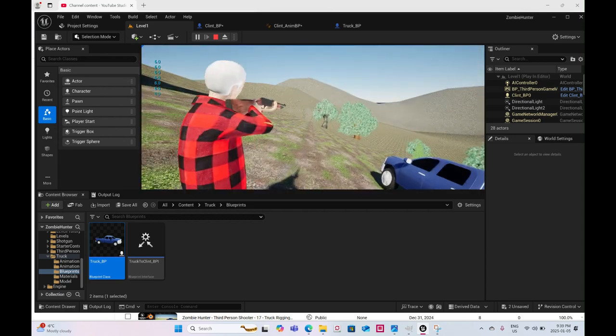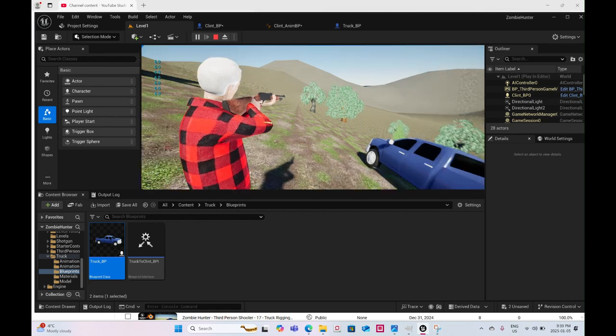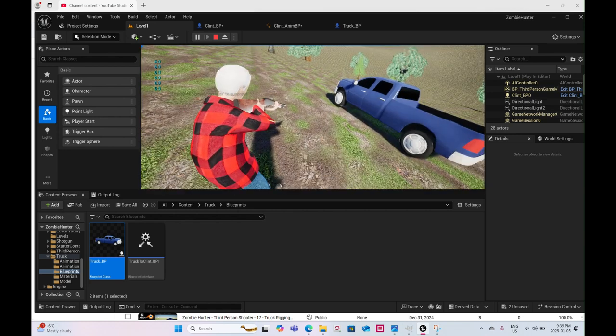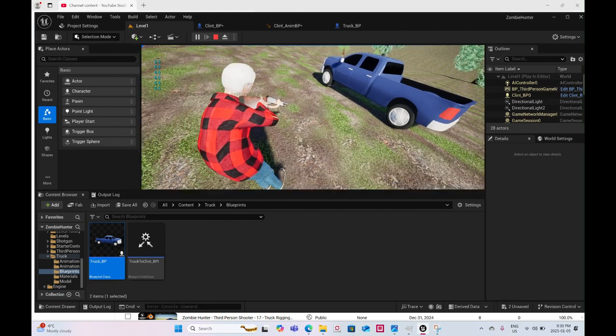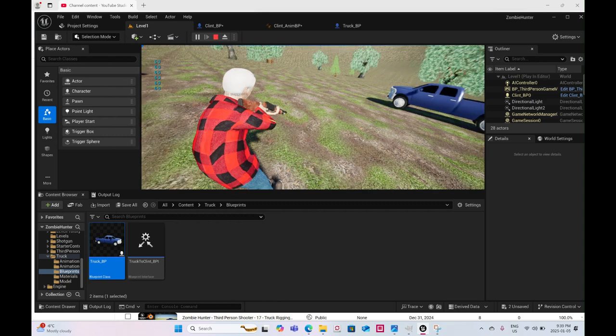It aims. So if I move the mouse down, it goes down. If I go up,